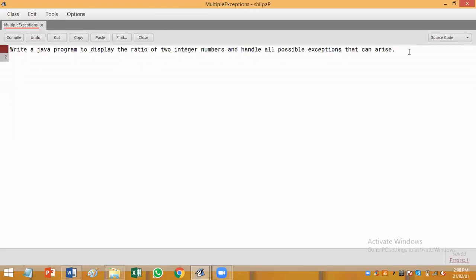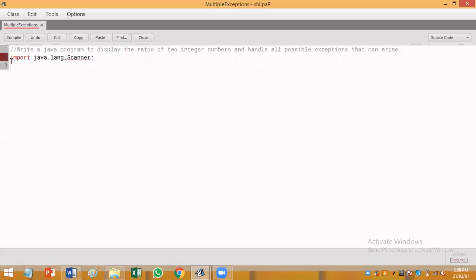Okay, so before that, let me include the class section. We have already created a class file with the name MultipleExceptions, and now I'll import the package to read inputs, that is the Scanner class package. So import java.util.Scanner.